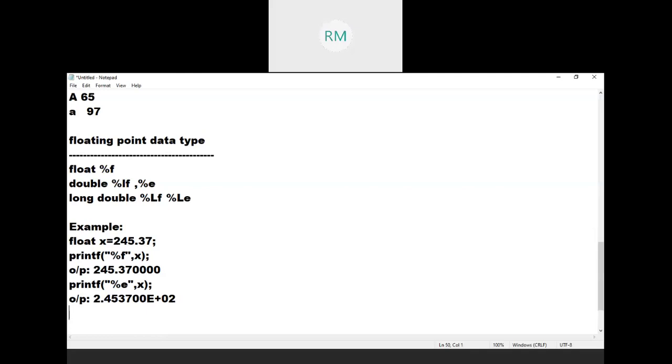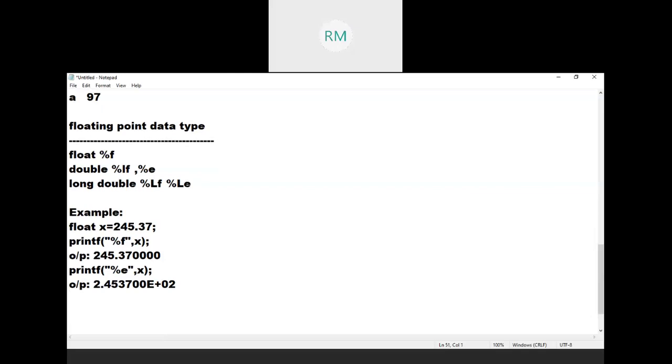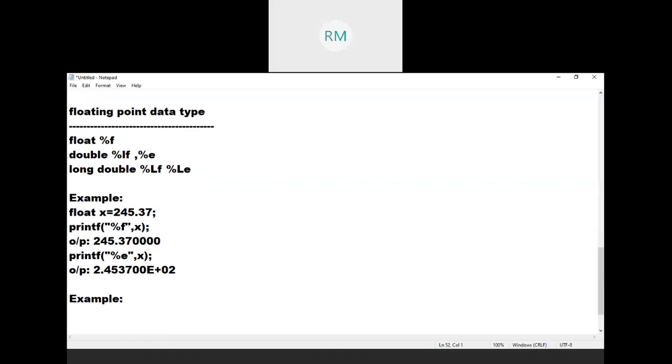Is it clear? The difference between printing the floating point number in general form and using the scientific form. I can give some examples so that you can write in scientific notation. For example, 0.00247.